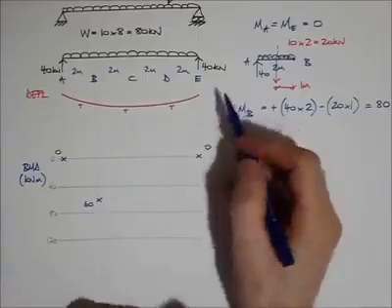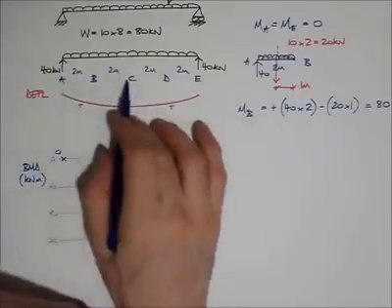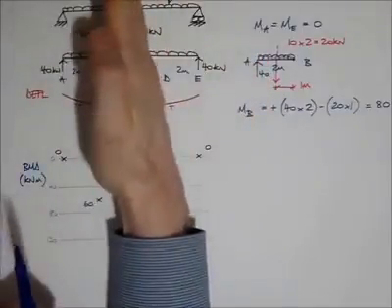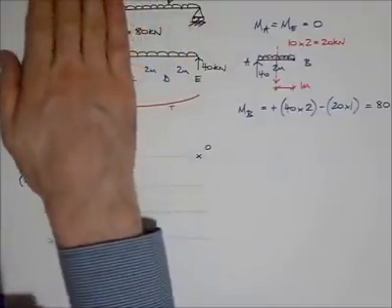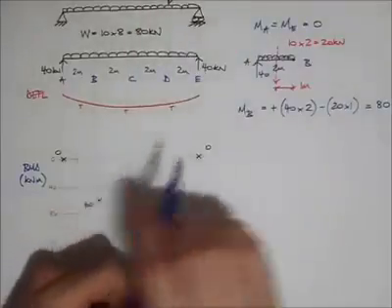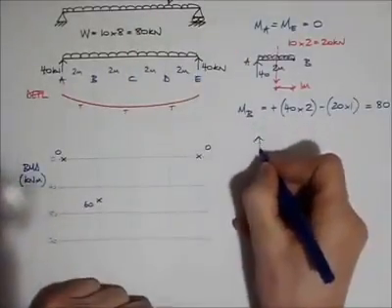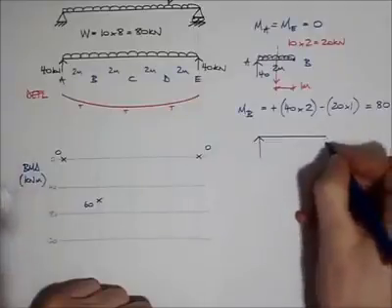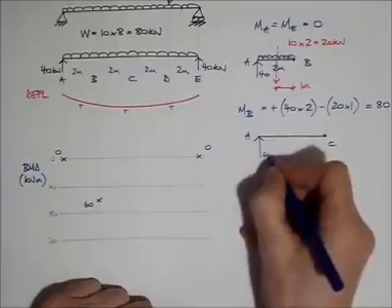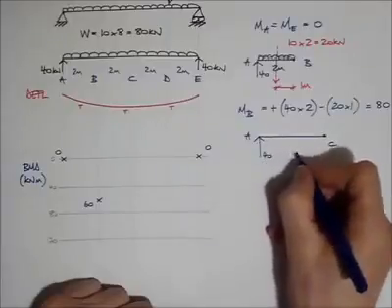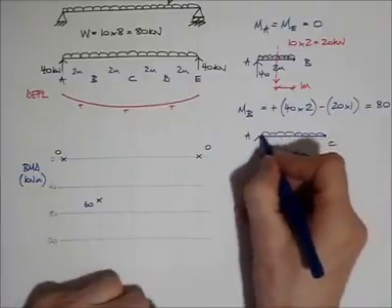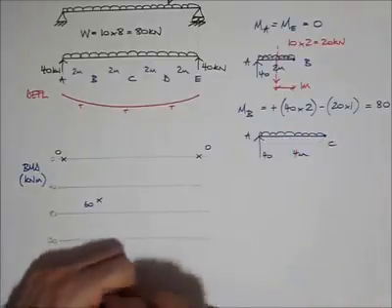Now I'm going to move along. I've done A, I've done B, and I'm going to have a look at C. C, I need to cut the beam and then look either to the right or to the left. Well, I'm going to look to the left because that's the way I seem to be working. So I'm going to draw out the free body diagram at point C. There, that's A, that's worth 40. That distance, so it's 4 meters away, and it's got a UDL acting on top of the beam,